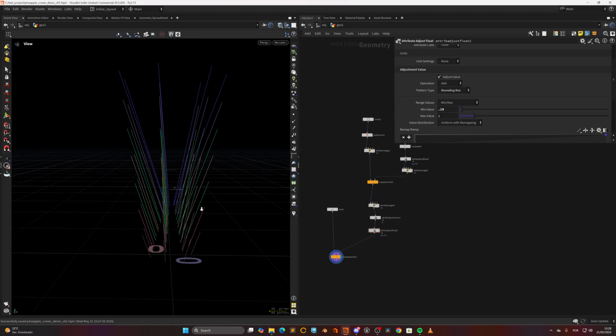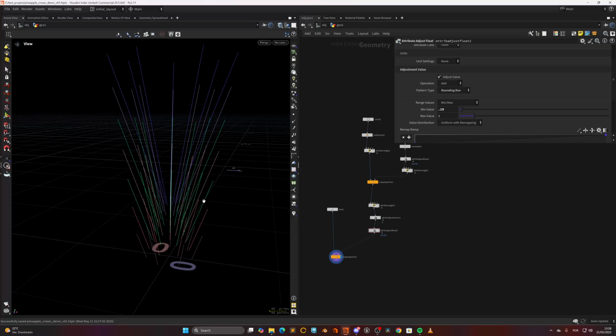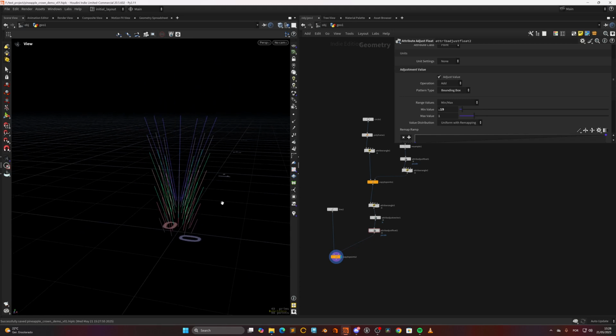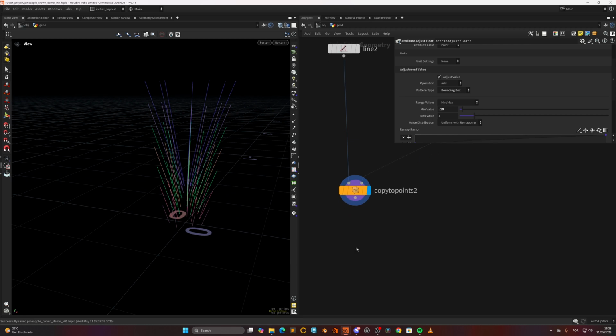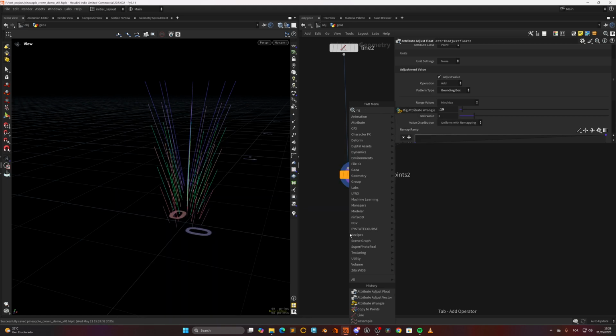So the idea now is to create some sort of bending on these, some bend effect on these curves. So they drop, let's say with gravity, and we want to create that bendy effect. So for that, I'm going to use a rig wrangle, and we can do that. Let's just drop the rig wrangle,